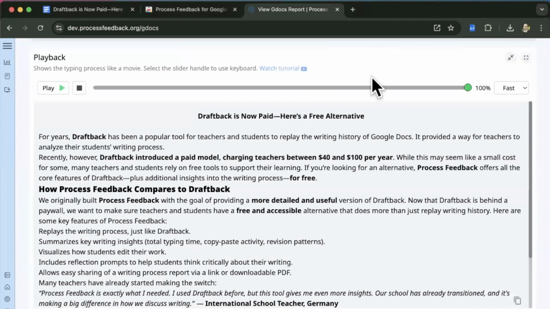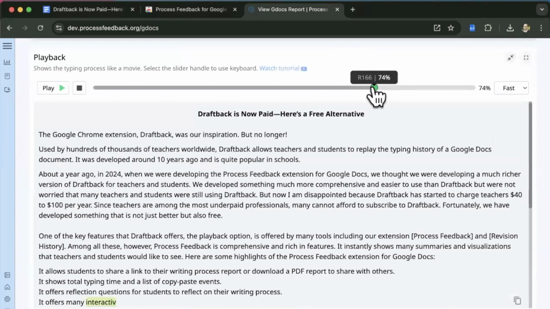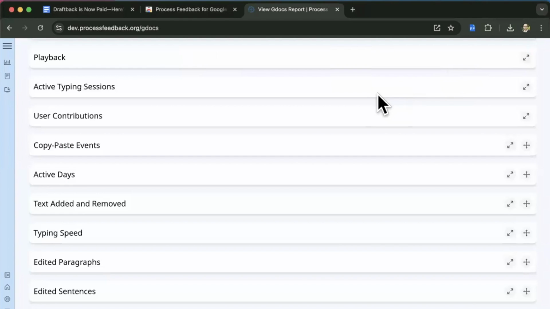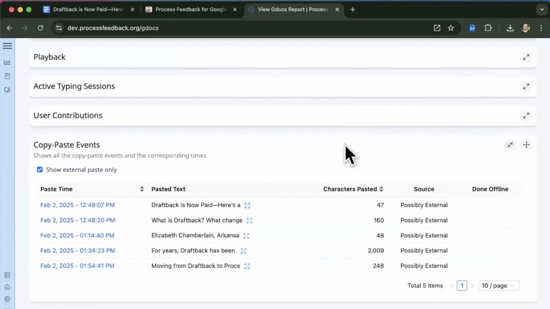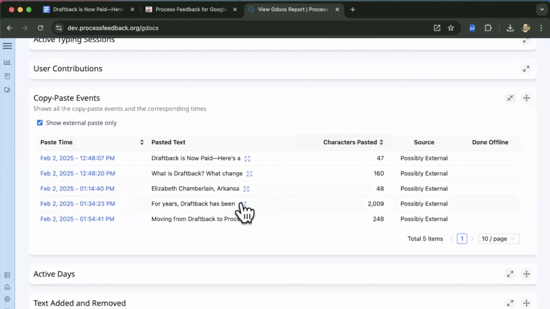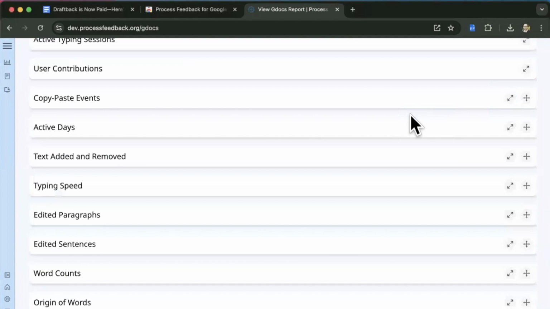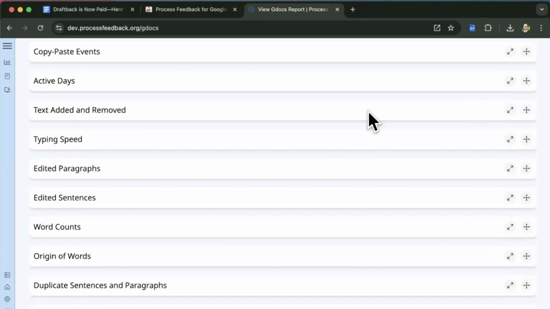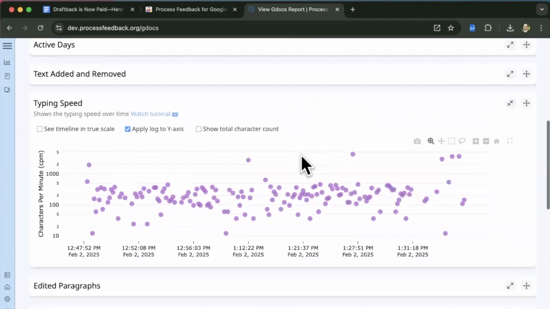I can simply use the playback slider and check for large changes in the edits. Or I can look at the list of copy-paste events and identify the paste events that were associated with AI uses. Or I can look for large green bubbles in the text added removed chart. Or I can look at the typing speed chart and check the points that are